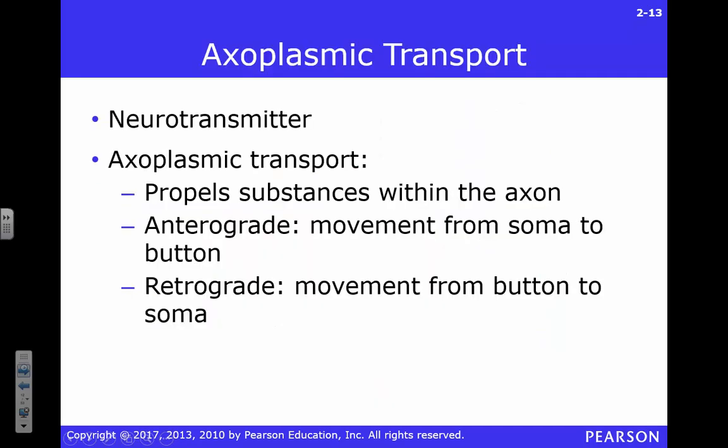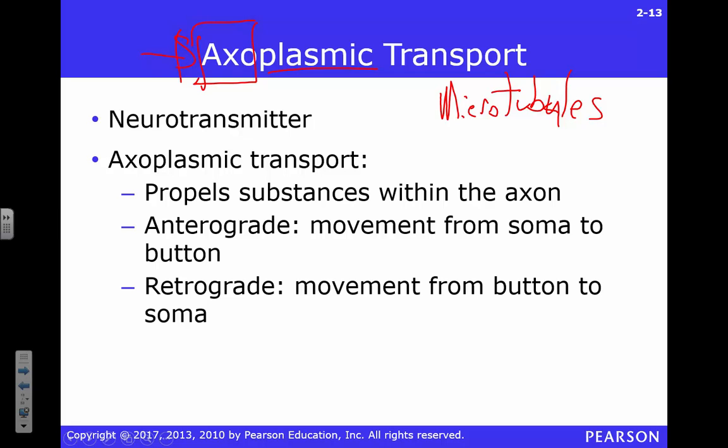Now we call this axoplasmic transport. Why? Because it's really a fun name. Axo, we're talking about the axon. Plasmic, think about the cytoplasm in there, right? We're going back and forth on that. Now, we're going to move up and down these things called microtubules. Microtubules are awesome. They give that neuron its structure, right? So you can have that long extended axon and it has enough rigidity to stay there, but it also allows you, it's like a railroad track, right? So you can move things on these microtubules.